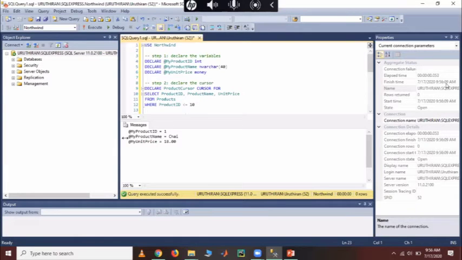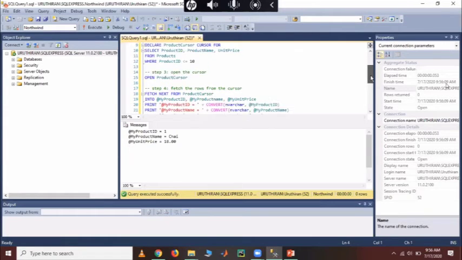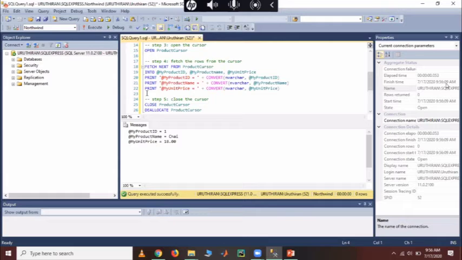Only the first record is there, you can see. But in the statement we have where product ID is less than or equal to 10. We already know there are 10 records, but only one is returned.